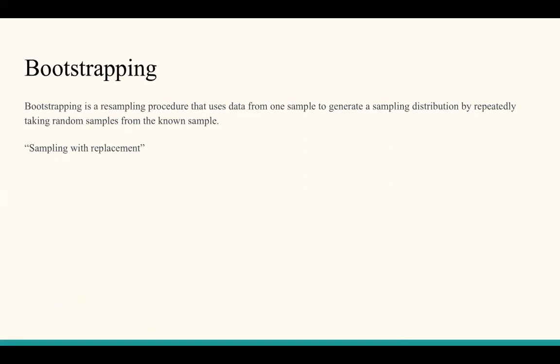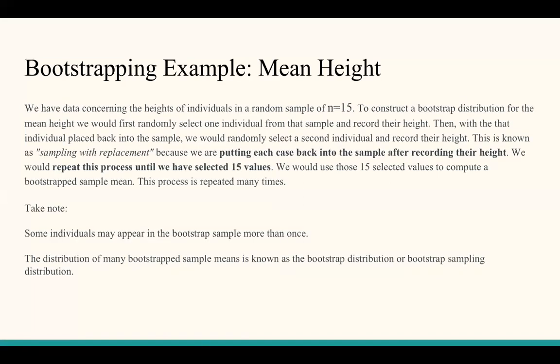In addition, another rule is that the n must be the same for the bootstrapping. So if you have an original sample size of 15, your bootstrap sample must have a sample size of 15 as well. An example that will help put that into perspective is data concerning the heights of individuals in a random sample of n equals 15. To construct a bootstrap distribution for the mean height, we would first randomly select one individual from that sample and record their height. Then, with that individual placed back into the sample, we would randomly select a second individual and